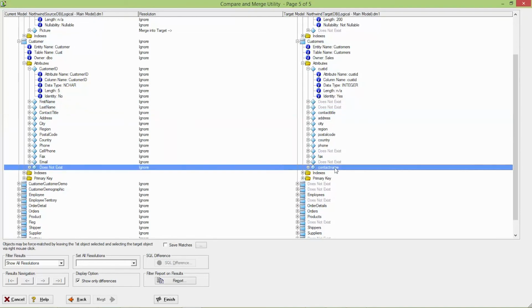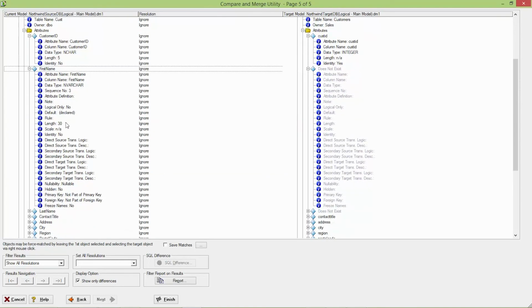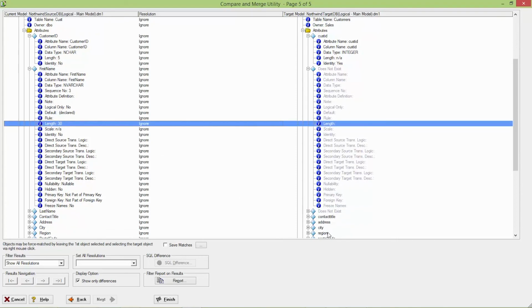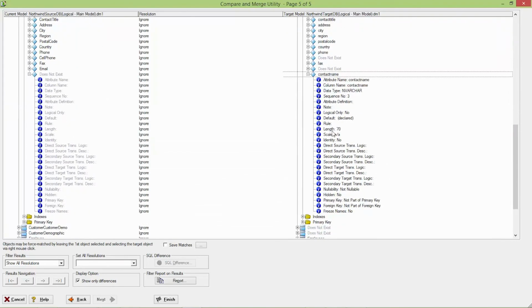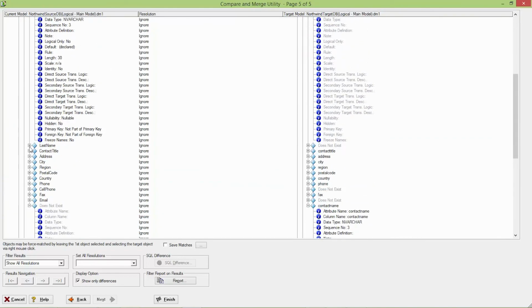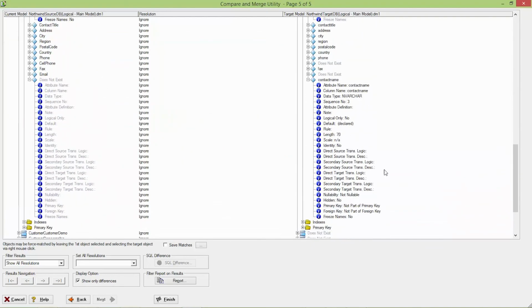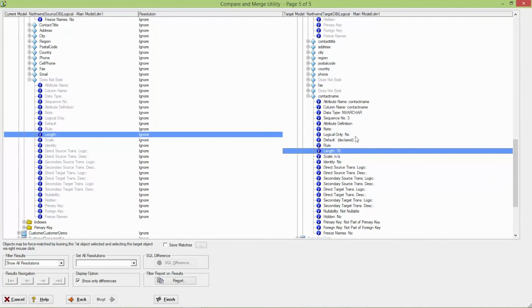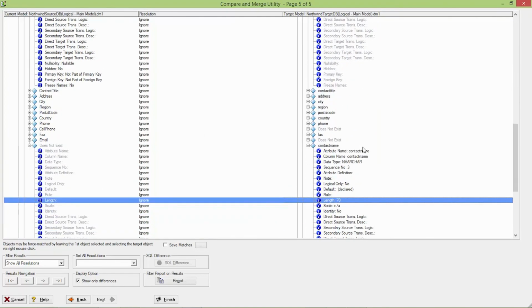So here I see I have contact name. What I can do is to expand my node and see here it is nvarchar 30. If I check my contact name, what I'm expecting nvarchar 2, so it's okay. Here it is 70. I have a first name, but I also have a last name 32. So 30 and 30 makes 60. 60 is less than 70. So it will be okay to concatenate my last name and first name and to put it in my contact name. Can warn the ETL team.